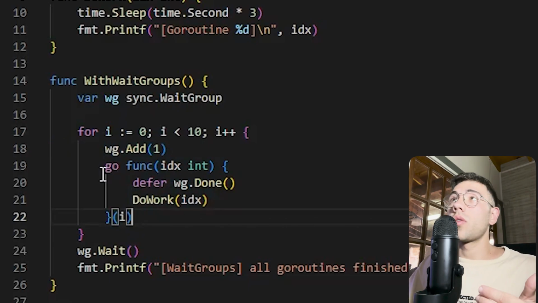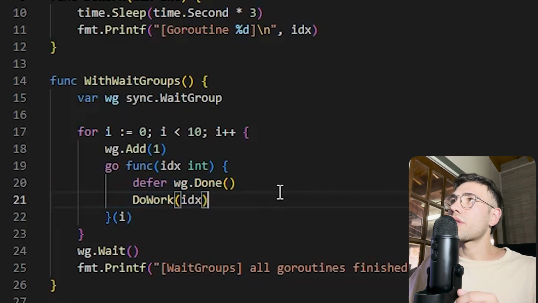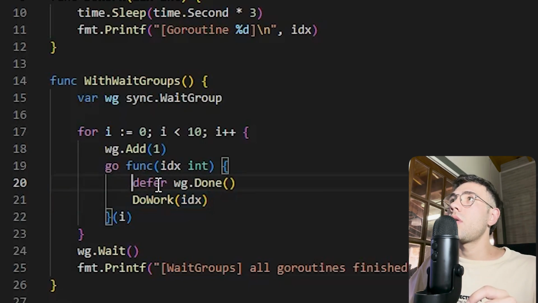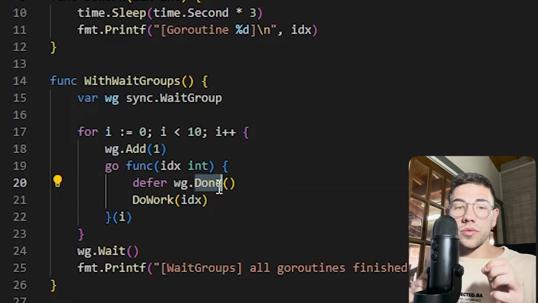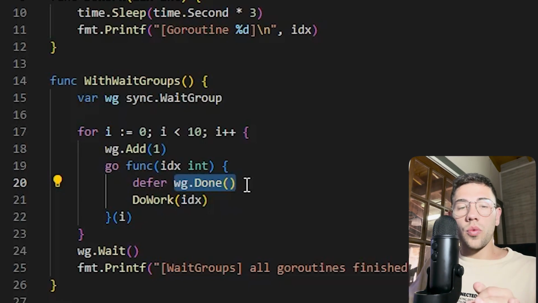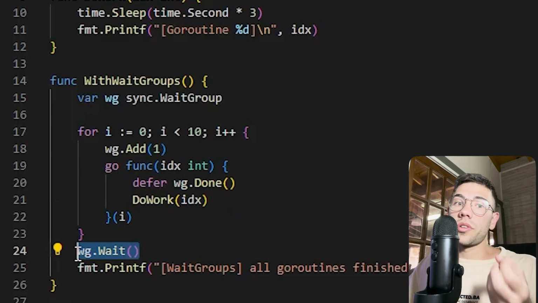Well, here, when I execute this goroutine, I am declaring a defer function that, when the do work function of this goroutine ends, at the end, will execute wait group done. This wait group done decrements the counter by 1. So every time a goroutine finishes, we execute wait group done, and with this, we decrement the counter by 1. So here, we just have to wait for all the goroutines to end to get the counter to 0,